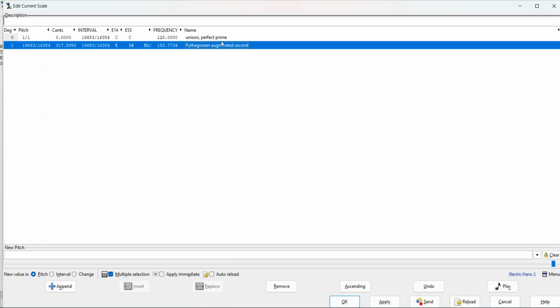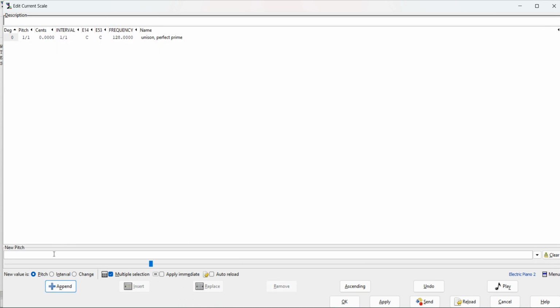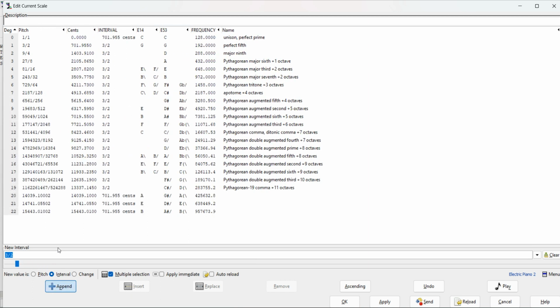My solution to solving these problems will be to just use the Pythagorean comma not as a burden but as an asset, because we can use it in a microtonal way to get some extra notes. We have our 3/2 here. We can just go up to the 53rd fifth, not octave,